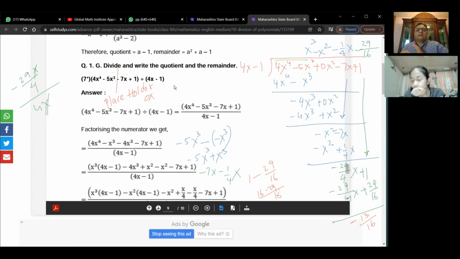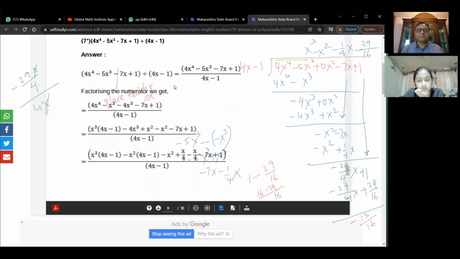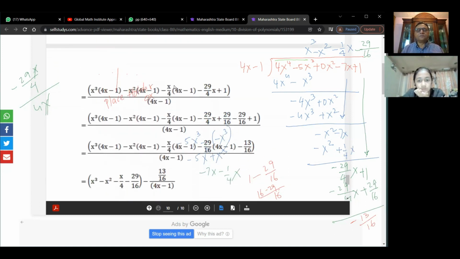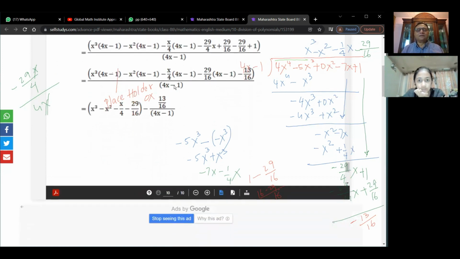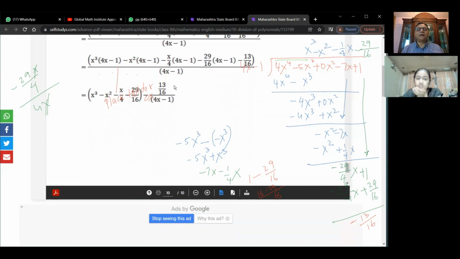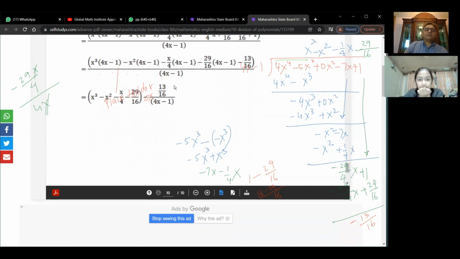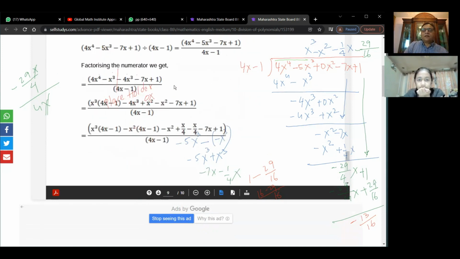So this is slightly difficult since we have fractions involved in the quotient and remainder, correct? So it's very tricky. So I will upload this video, watch it once again and practice. Let us check the answer, please. Let's go ahead, see what do we get. See, they have got similar thing, right? 13 over 16, minus. So they got the same answer, minus 13 over 16, which is ours.